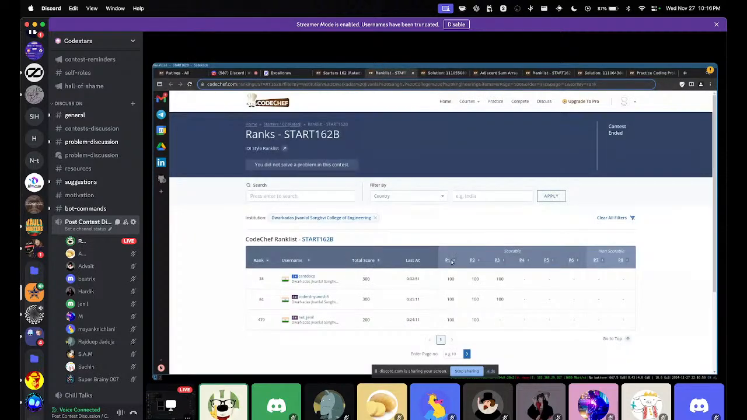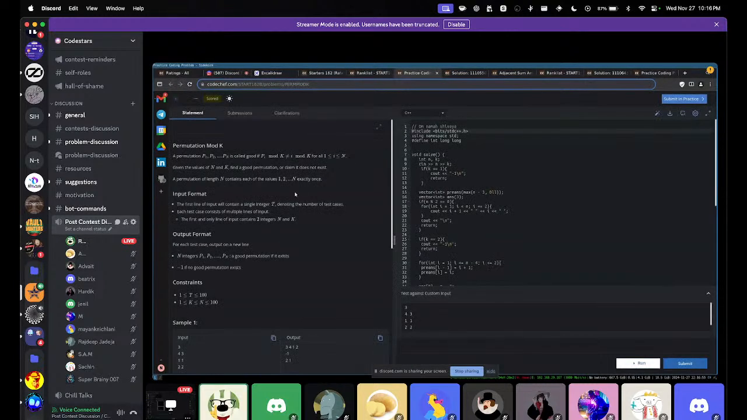That's the first question. Then we'll move on to the next one, which is Permutation Mod K. So what does the question state? We are given a permutation. A permutation is basically all the numbers from 1 to n exactly once, like 1, 2, 3, 4, 5. Now we want to find a good array such that p_i mod k, the value at that index modulo k, should not be equal to